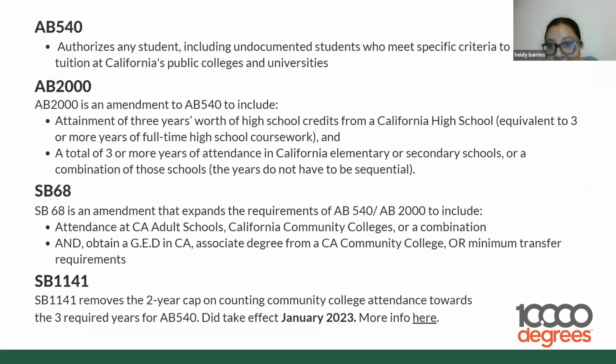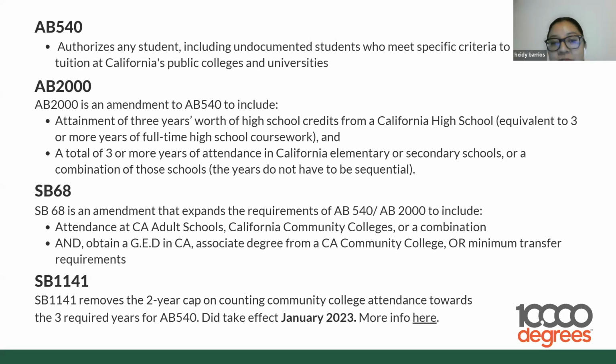And then an overview of key amendments. AB 540 allows undocumented students who meet certain residency and education criteria, such as attending a California school for at least 3 years and graduating from a California high school, to pay in-state tuition at a public college and universities in California. AB 2000 is an amendment to AB 540 that